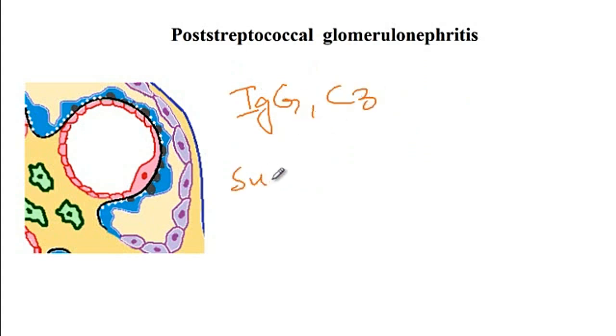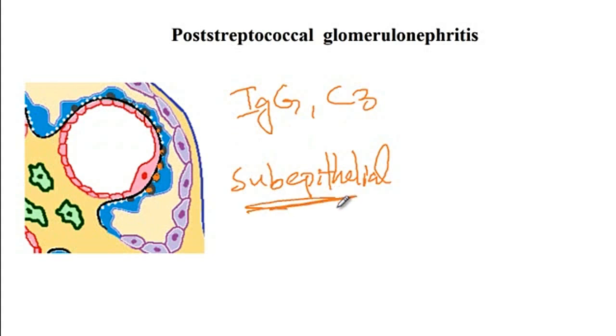So once again, subepithelial immune deposits. Here is a cross-section of the glomeruli that I drew for you. Blue cells on the outside are the epithelial cells. Then we have the black line, which is the basement membrane, and inside we have the endothelial cells. And so IgG and C3 deposits would be under the epithelial layer, shown here in gray spots. Therefore they are referred to as subepithelial deposits that have a lumpy-bumpy